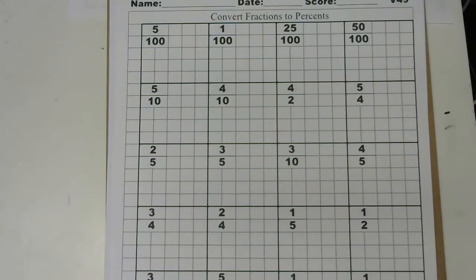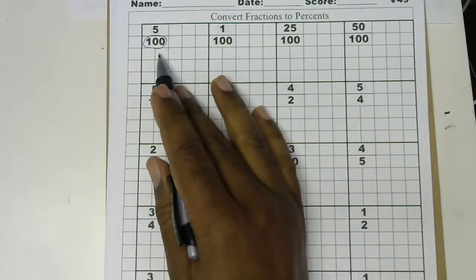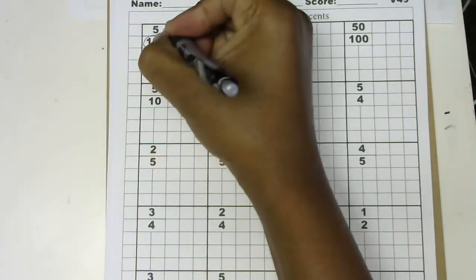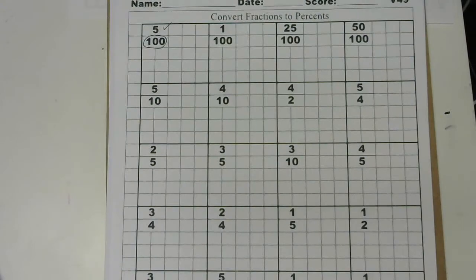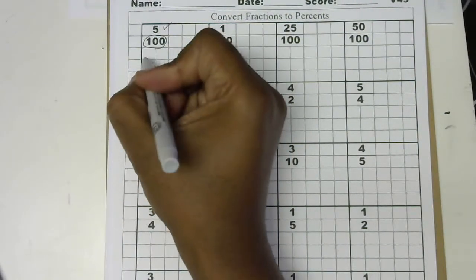Okay, we're going to be converting fractions to percents. The key to converting a fraction to percent is making sure you have 100 as a denominator. If you have 100 as a denominator, then you can use the numerator as your percent. And here we do have the denominator of 100, so this will be 5